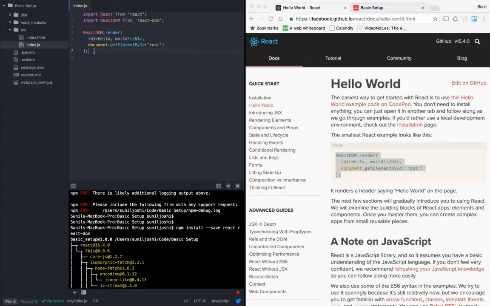I mean, it was the other way around earlier. But this is what we call JSX syntax. The render method is taking two parameters. One is the JSX code, the other is the DOM element which you want to render this JSX code into.